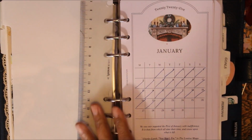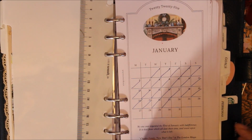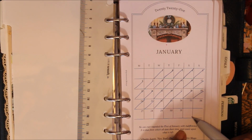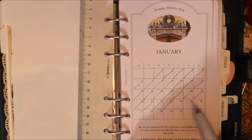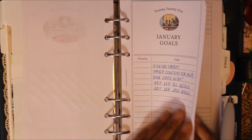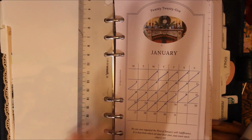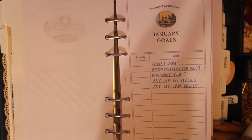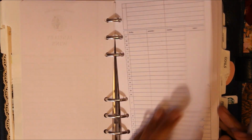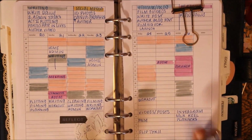So I can cross this off because I'm filming this on Thursday. This is where I do my time blocking, and then it goes into my daily pages. These are freebies from the SleepyNotesClub. So I'm just crossing off the days there. I have a few goals, inbox. I think next month I'm just going to print this out because I don't really need the rest of this, but they're cute. And then for my time blocking, I am using a week on 2 pages from